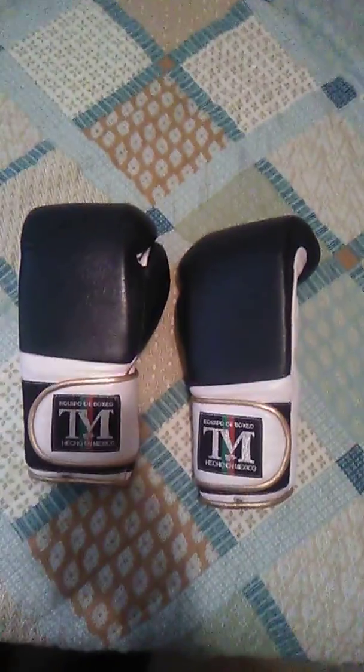And by puncher's glove, I mean this was made more for maximum impact. This is made more for damage. These gloves were made for tearing stuff up on the bag. These were made to do damage to whatever these things hit. So obviously, for these gloves, I would not recommend them for sparring. I recommend them more for bag and mitts, because anyone you spar with will probably not have the warmest, kindest